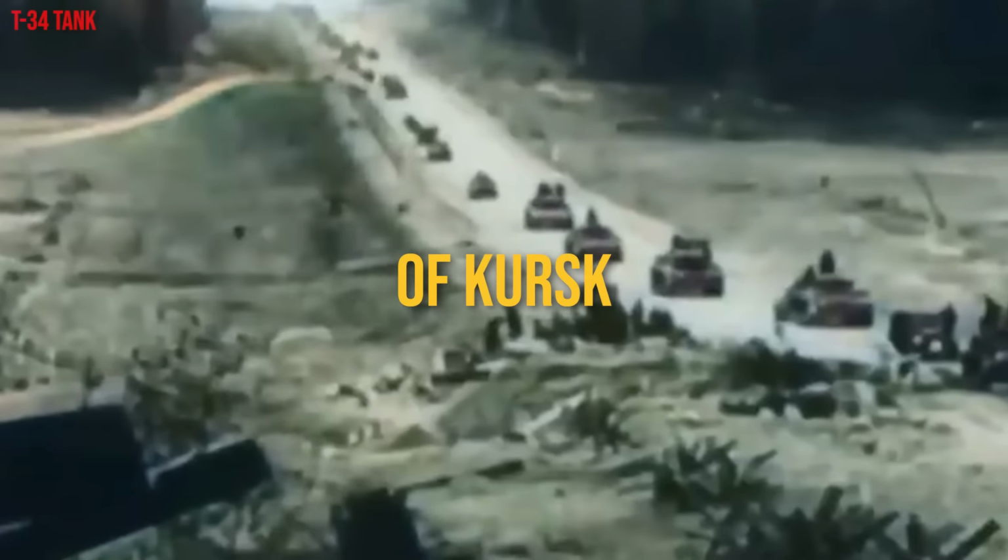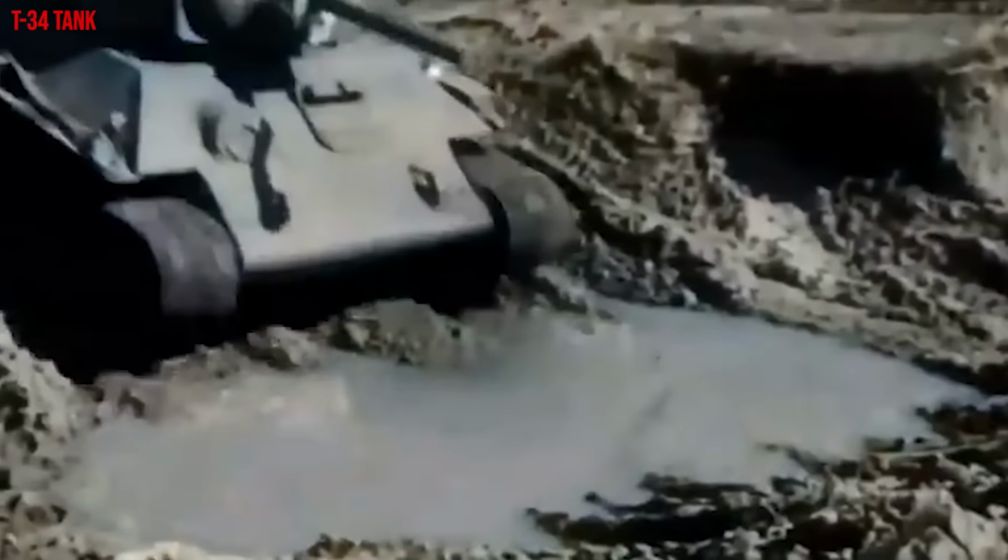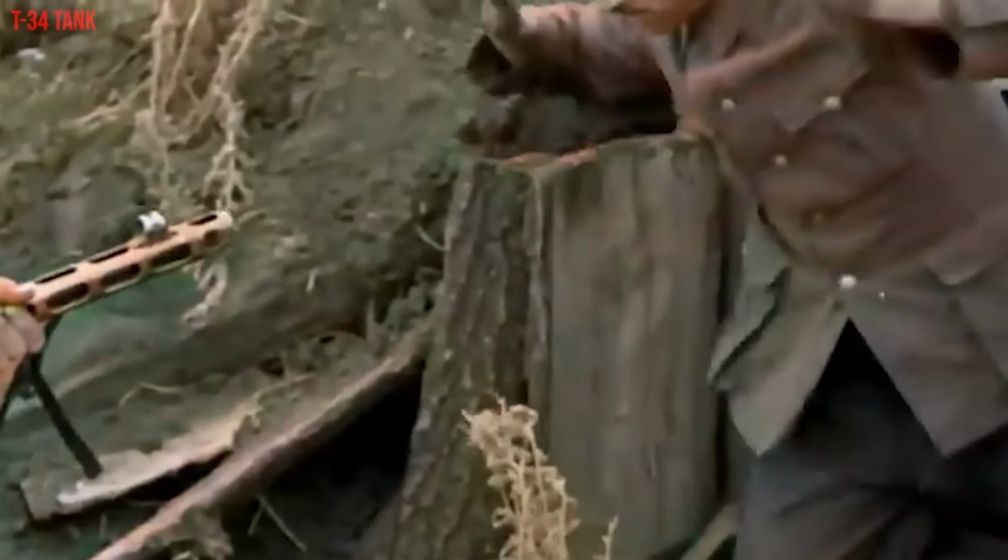1943, the Battle of Kursk. The T-34 was an asset that was used in this battle to help repel the German advances, and it was quite efficient against the German panzers. The Soviet Union won the battle by pushing back the German forces with assistance in the form of the T-34's